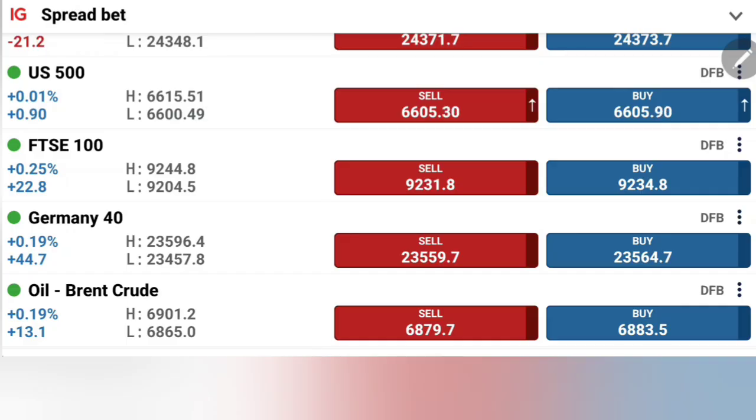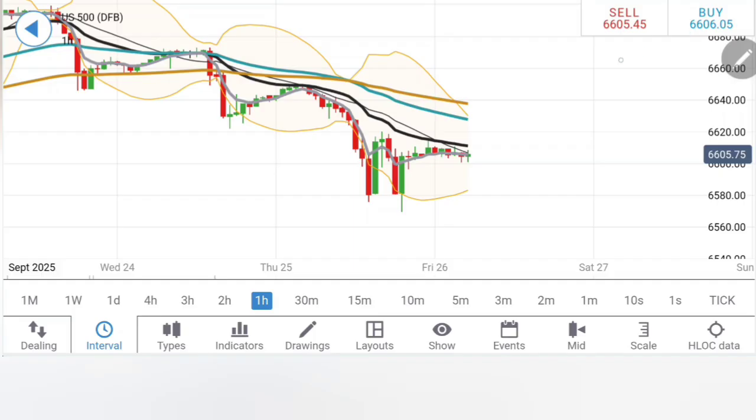Let's start first to look into S&P, followed by Nasdaq, then Dow. Lastly, we'll look into Germany 40 and FTSE 100. Watch till the end. First, if we look at S&P on the hourly chart, since the greater slide, we have